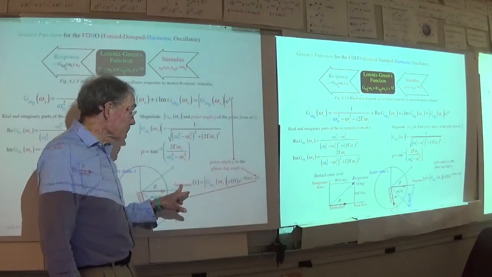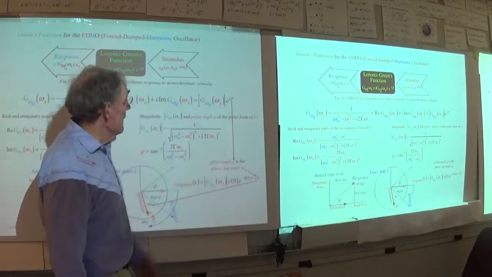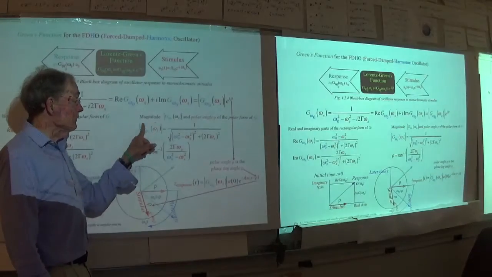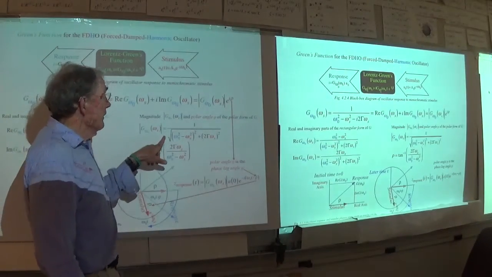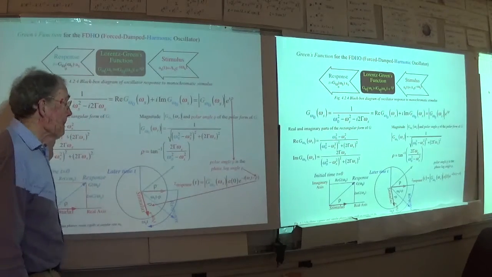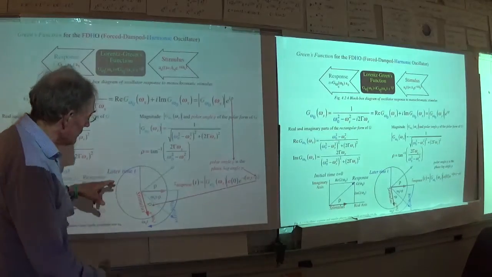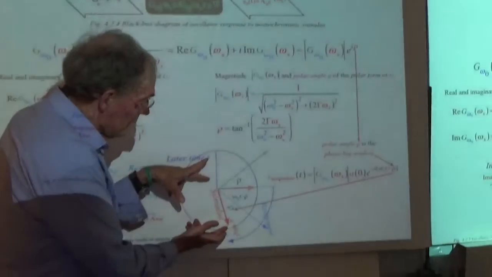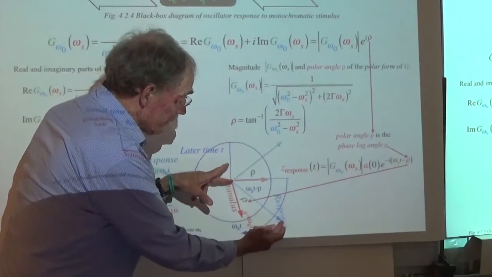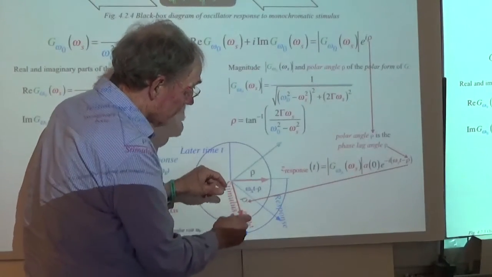That is your response here with its amplitude. That's the magnitude of this Green's function, the modulus, the absolute value, if you will, of this Green's function, which is that real number, okay? And then this is the polar form here, the radial amount of the stimulus, and then the phase lag of the response. You see, this length right here would be that number, and then this here, the phase lag,